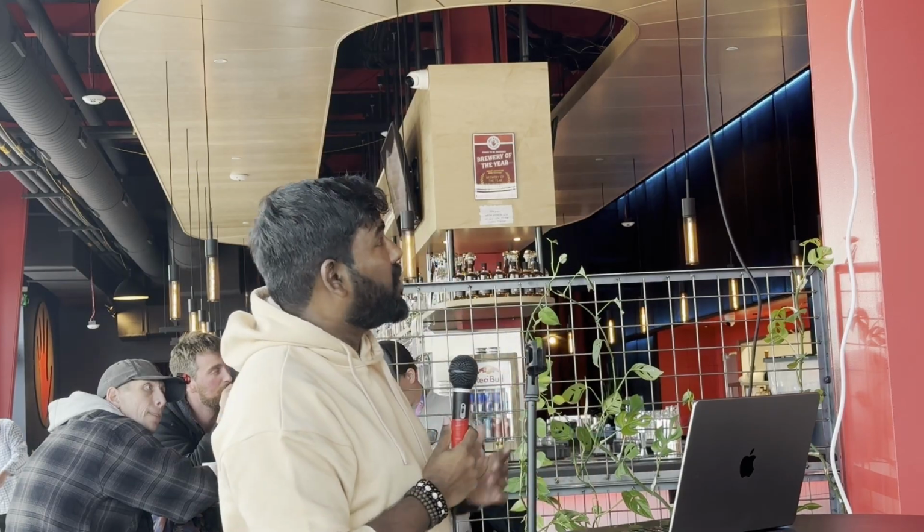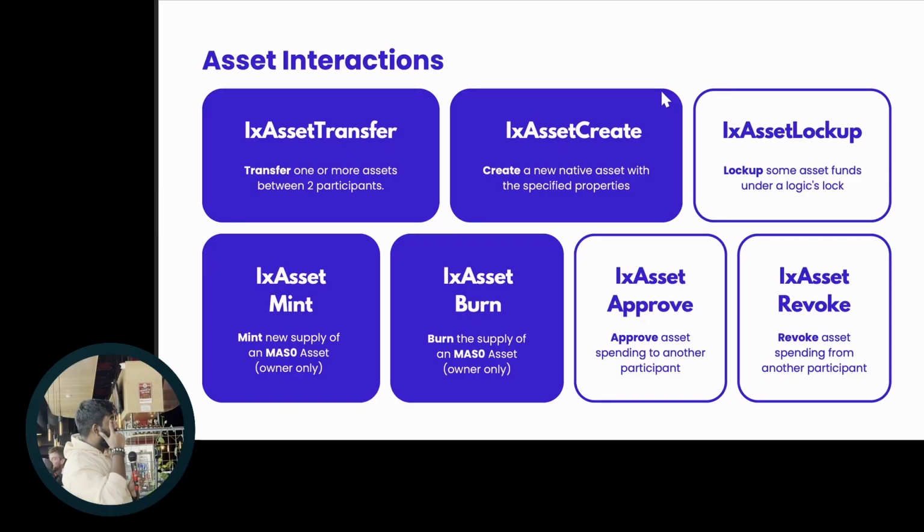What we've decided to do is move that up one level to the user, and if you have a specific interaction you want to do on the network, there is a particular interaction type for that. For example, you want to transfer an asset, there is IX asset transfer. Just pop that in, give a sender, receiver, specify the asset ID and the amount, boom, it just does the work, right? The envelope for IX asset transfer is very specific. It's not generic. Not all interaction objects have the same structure, right?